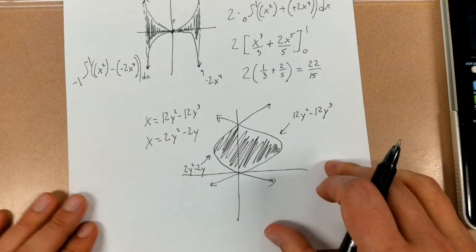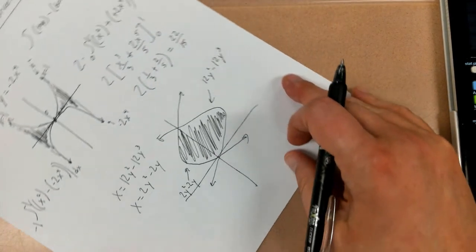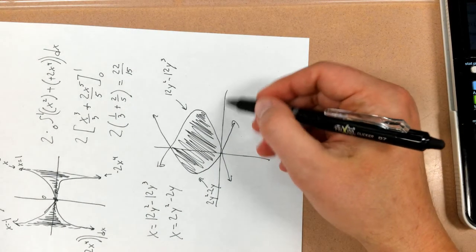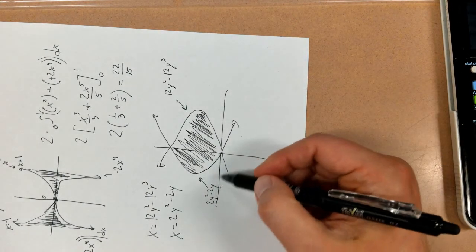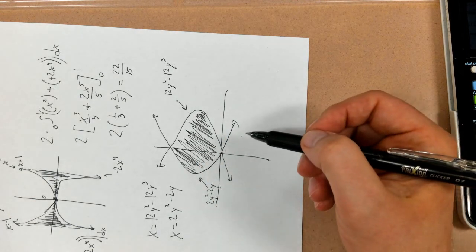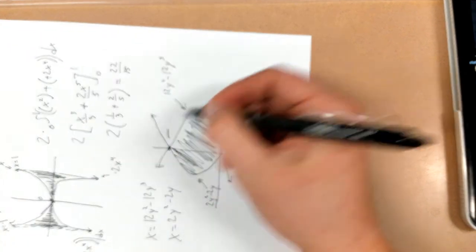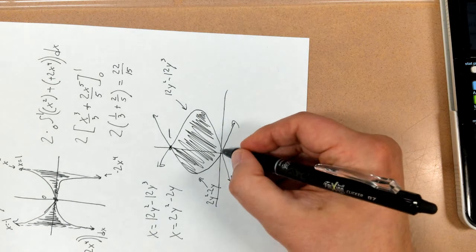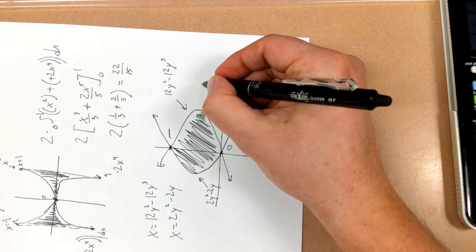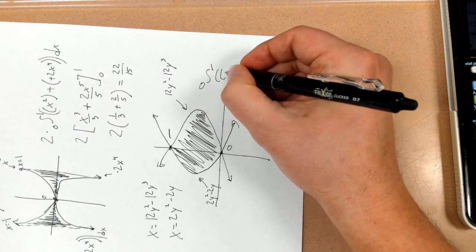A really easy way to do this is to just turn your paper. Because now x is positive over here, negative down here, and so your x and y axes just flip, but you still end up doing the same thing. If you find this intersection, this is at when y equals 1, and then this intersection here is at 0. So I would integrate from 0 to 1,